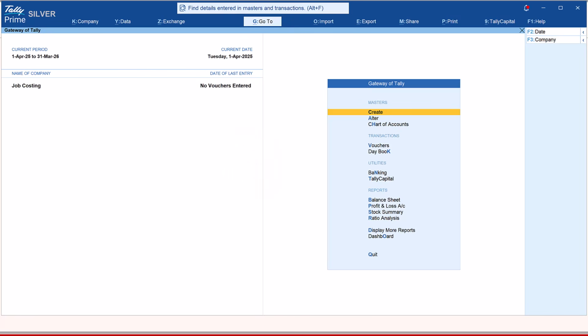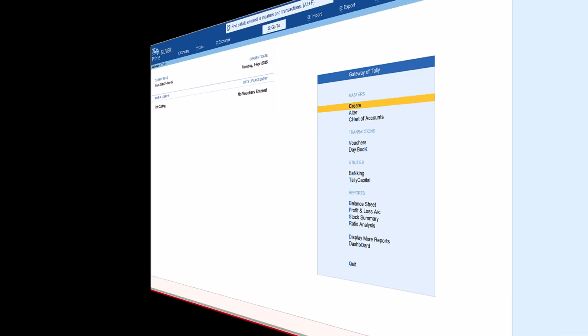In our next video, let us use a job or project scenario to learn how to create masters as we discussed earlier. I hope the introduction to the concept of job costing helped, and we also understood how you can track the profitability of each job or project, especially where you are handling a job or project with inventory and you want to track the additional overheads or additional cost also.